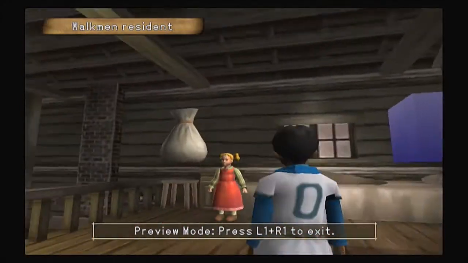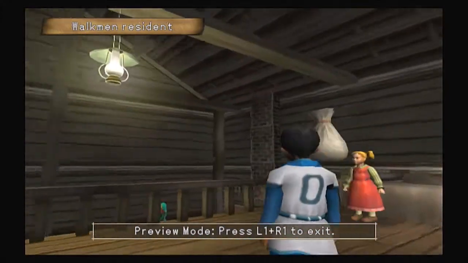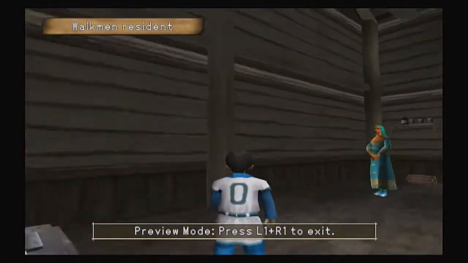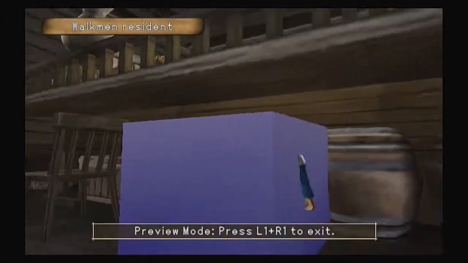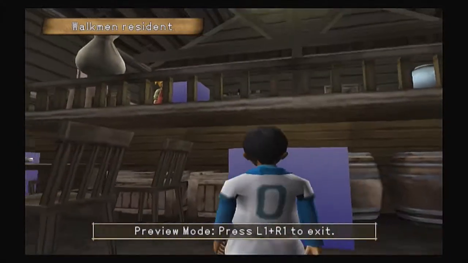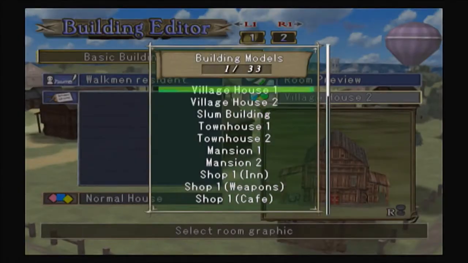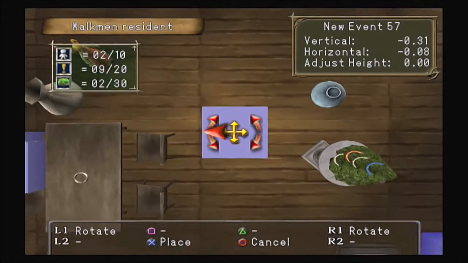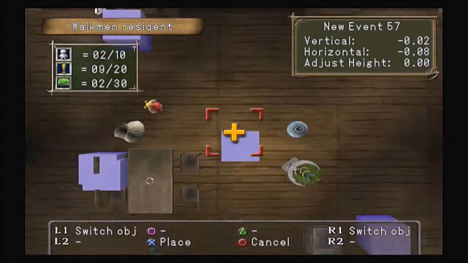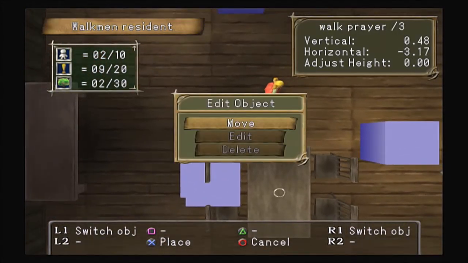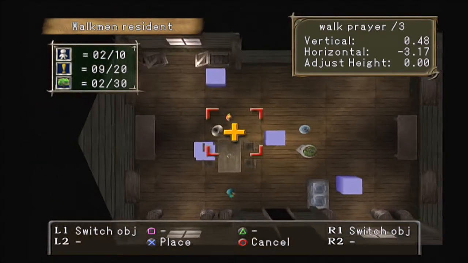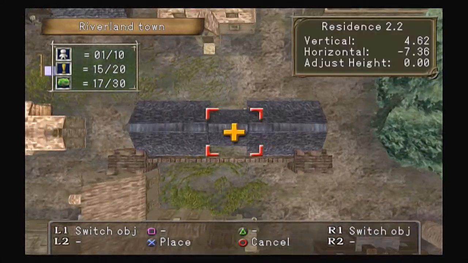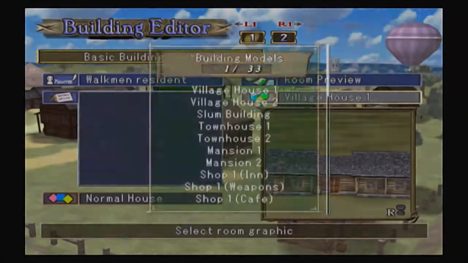You see me moving stuff around and messing around with the events in this room. What I'm trying to do is utilize a glitch in the tool where it allows you to move an object into an out of bounds area. In this game, you aren't allowed to move an object on top of a preset object or any other object for that matter. So what I'm doing is I'm placing my event in place, and then I'm changing the house